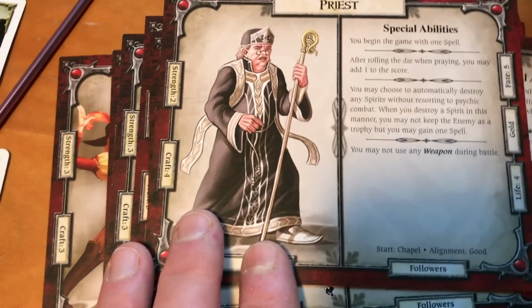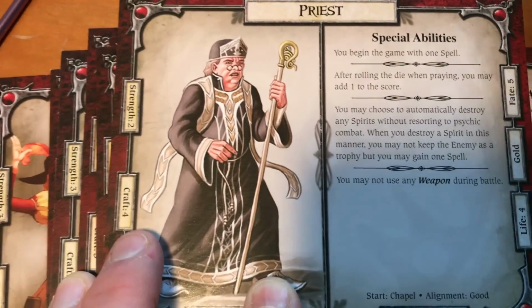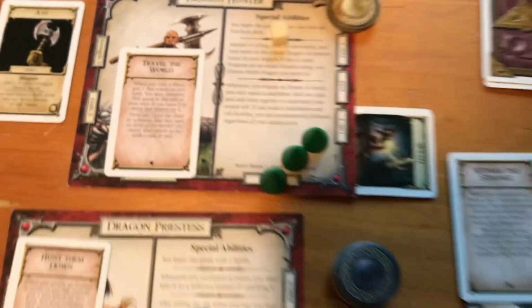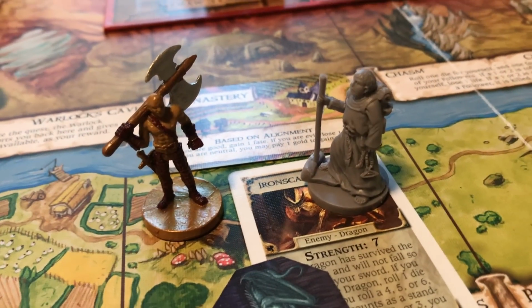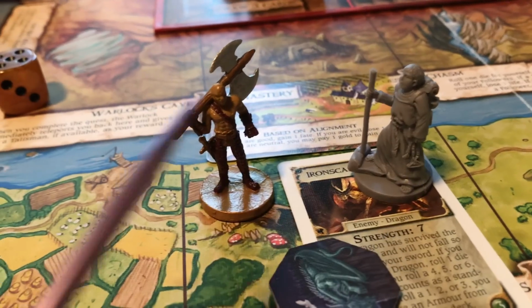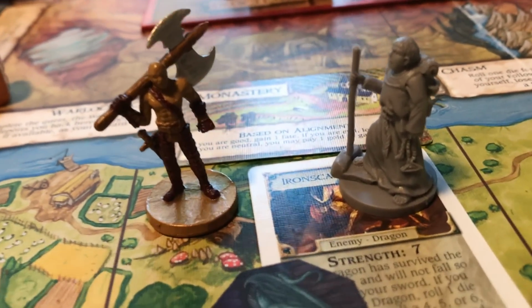combat. So the priest will choose probably his craft. Why not? He's got a craft of 4 as opposed to our craft of 3, and I will do that off camera. This was a pretty quick combat. 2 rounds. The priest got the better of my dragon hunter, who is not starting the game very mightily,